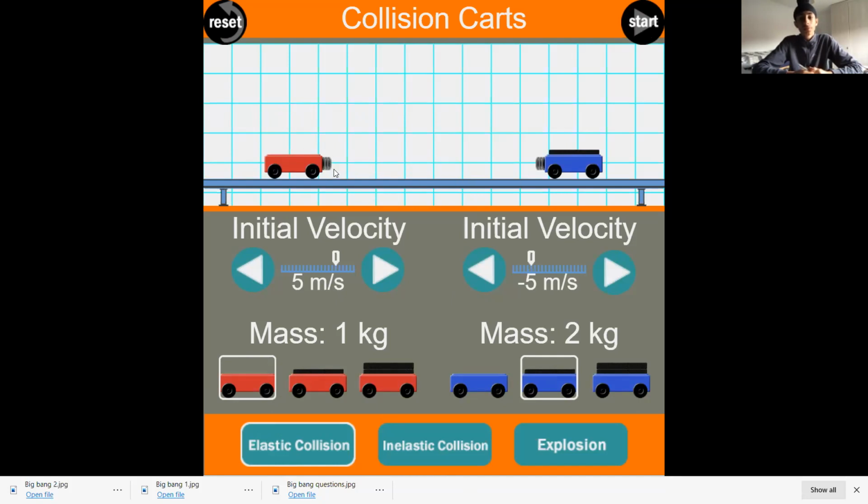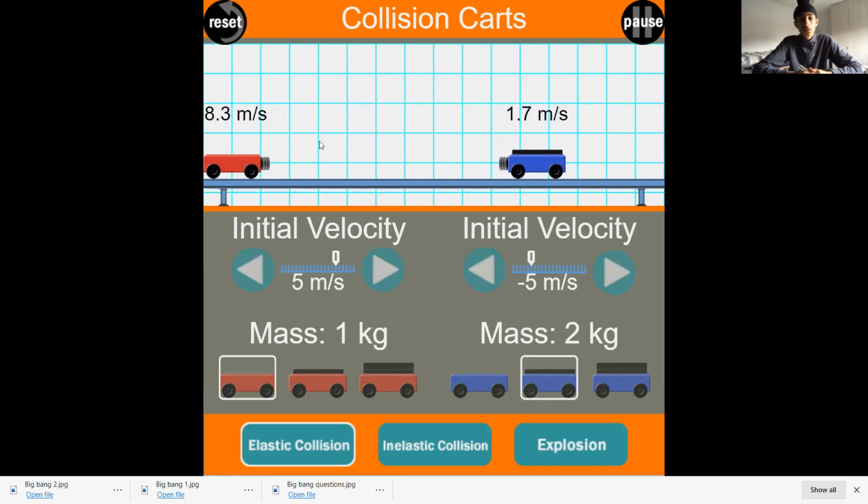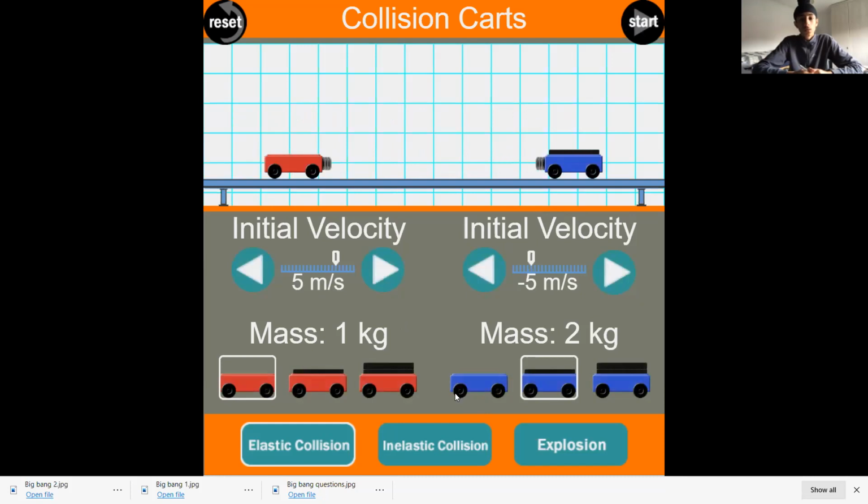There's now springs, if you like, as buffers. If I do the same, even though this has a momentum of 5 kilogram meters per second, and this has a momentum of -5 kilogram meters per second, if I try the same thing now, oh, I meant to do it with 1 kilogram. Sorry, I should have used the same mass. If I can do the same thing,